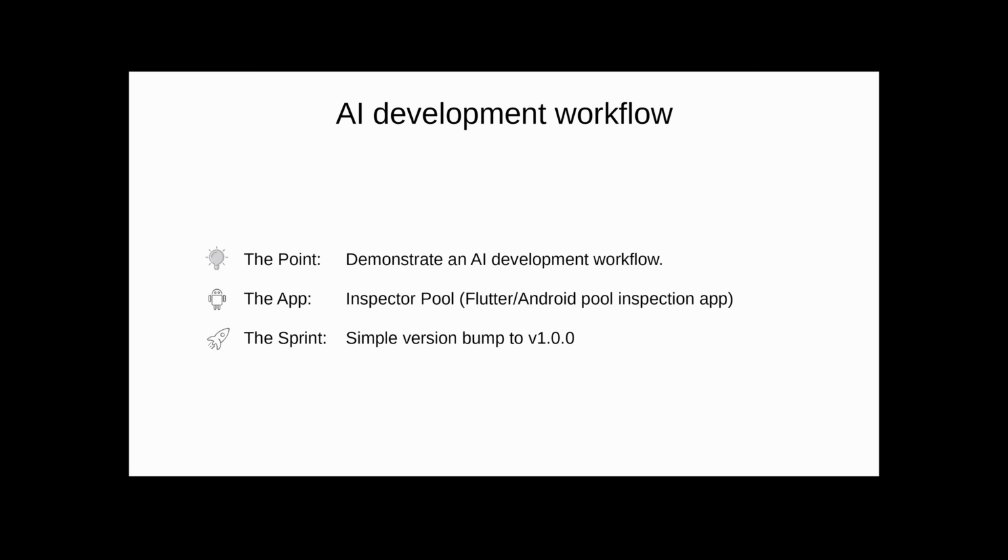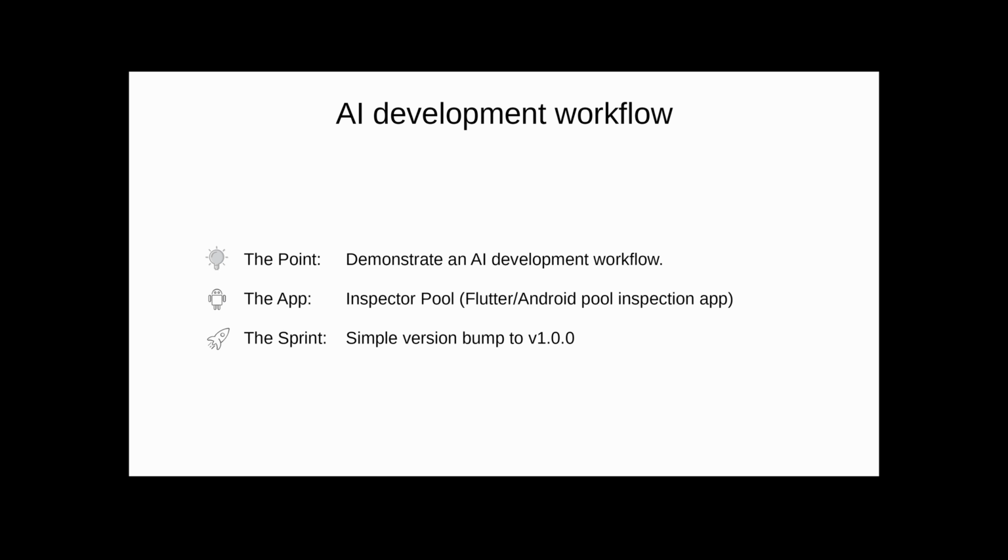The app I'm working with is a Flutter-based Android application called Inspector Pool. Right now it's in public beta, and I'm moving it to a version 1.0. So for this sprint, I'm doing something super light, just a small code change to bump that version number. It's simple, which makes it a good sprint to use for this demonstration, and the process is very similar to